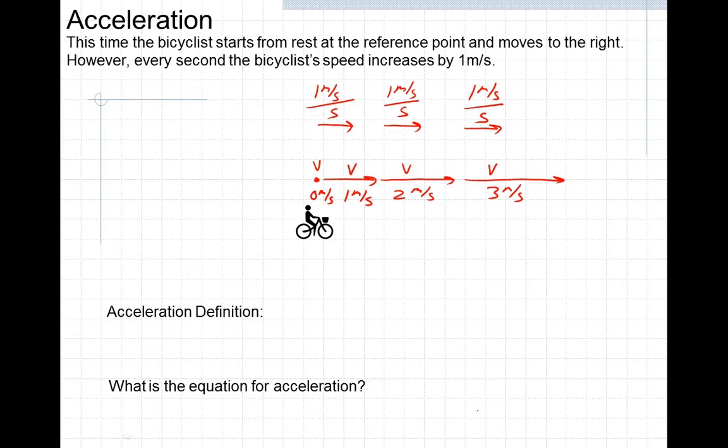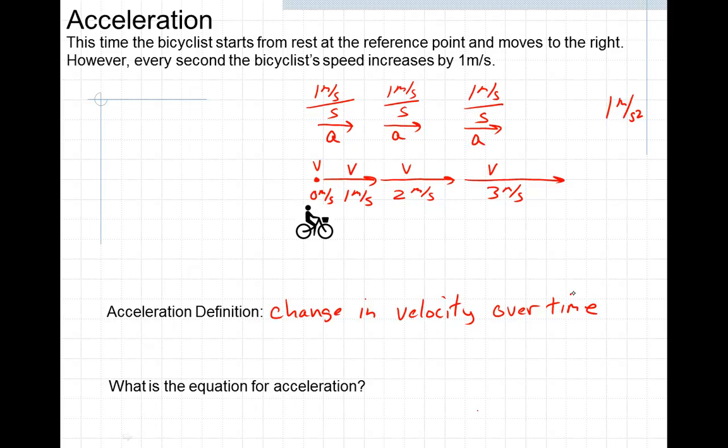Okay? Now, these values up top here, we would call those acceleration. To simplify each of those, we would write them down as 1 meter per second squared, and we call that the acceleration, how much the velocity changes. So our acceleration definition is the change in velocity over time,